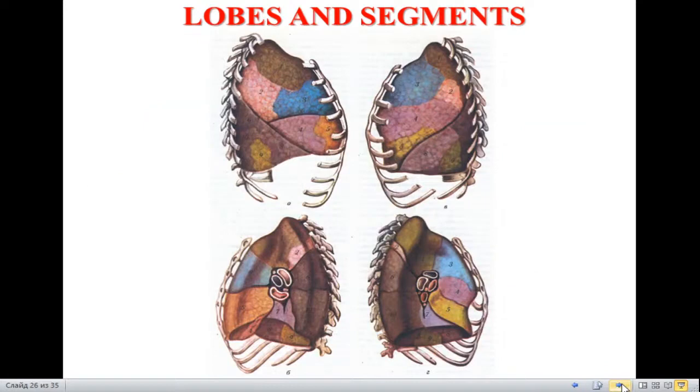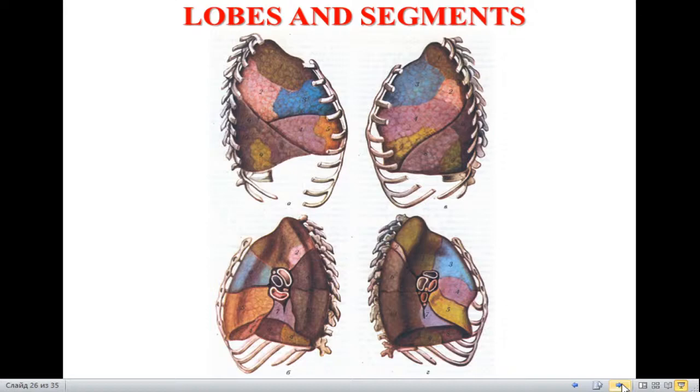So the lobes divide into the segments. In the superior lobe of the left lung we have apical, posterior, anterior, superior lingual and inferior lingual segments. In the inferior lobe, apical, medial basal, anterior basal, lateral basal and posterior basal. These are the segments of the